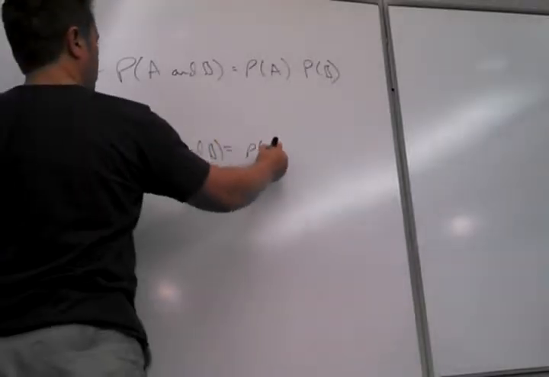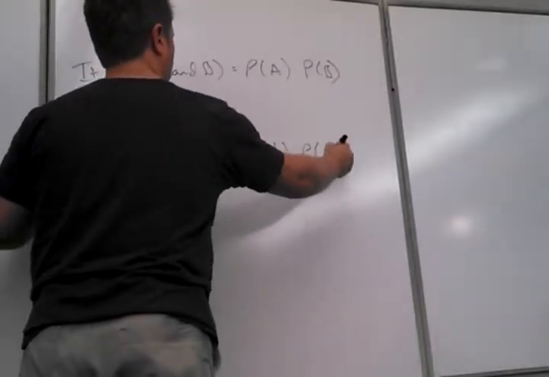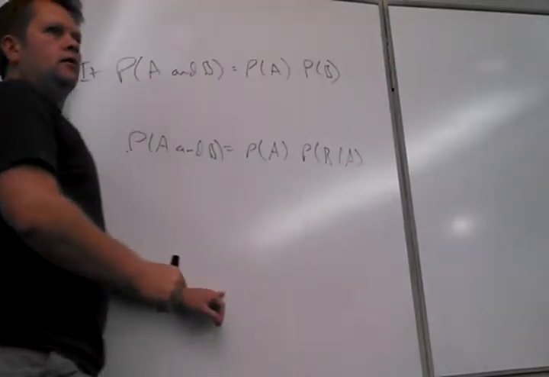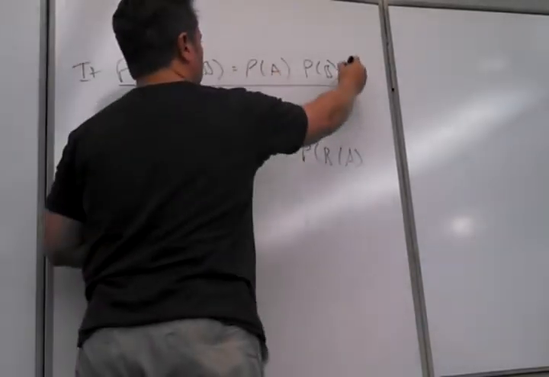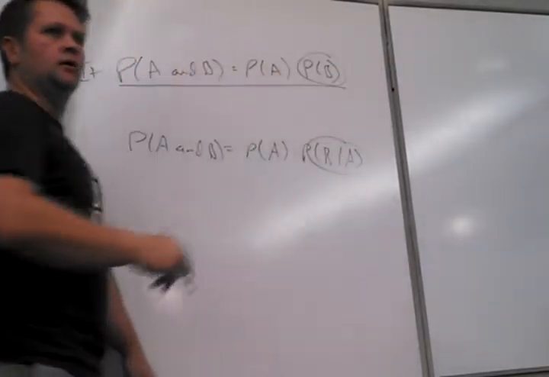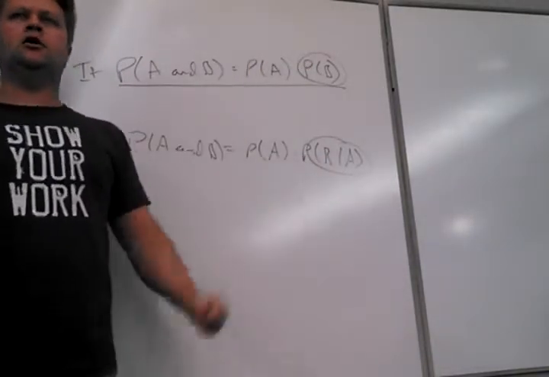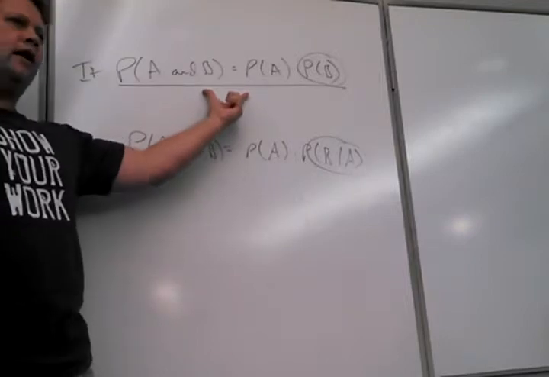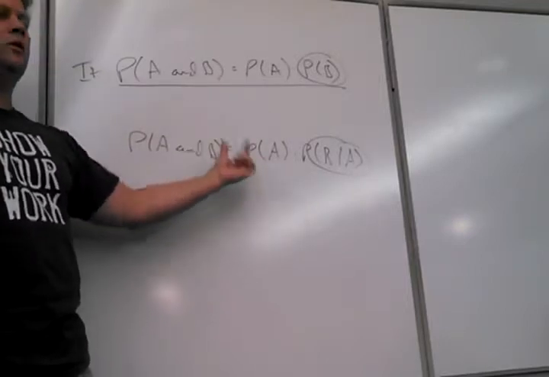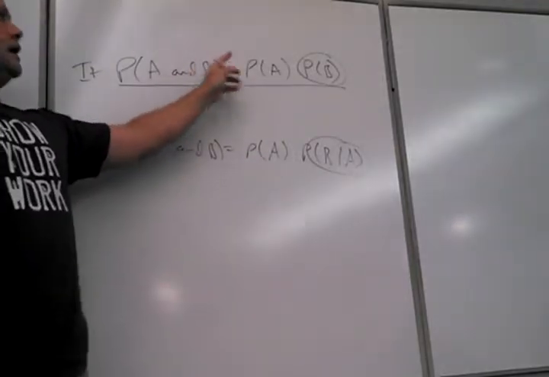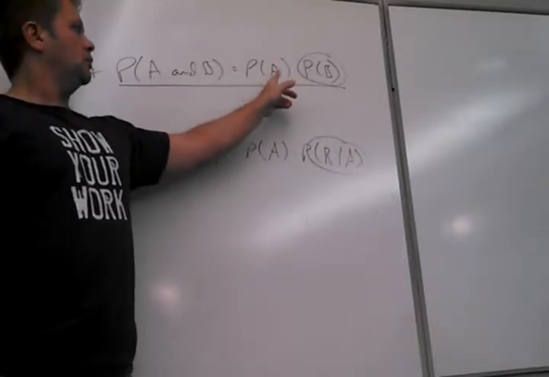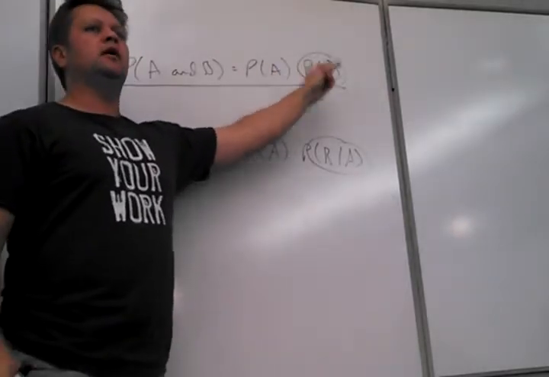In general, the formula for this is probability of A times probability of B given A. So if this is true, what is that really saying? That this is that, which is the real test. So some people do this, it's fine. And actually, you can interpret it the same way. If the probability of A and B is equal to the probability of A times the probability of B, then